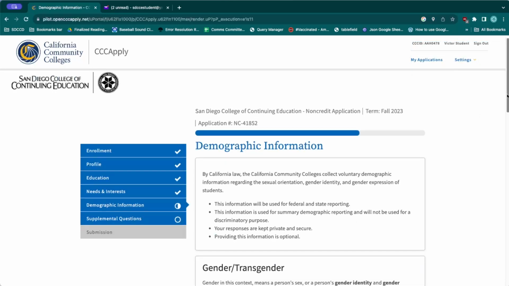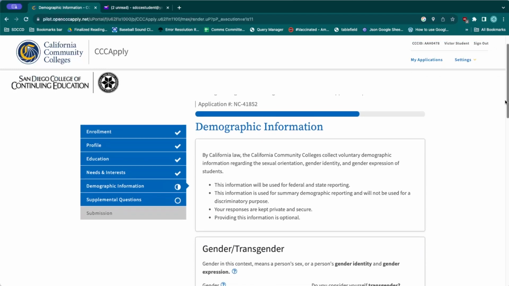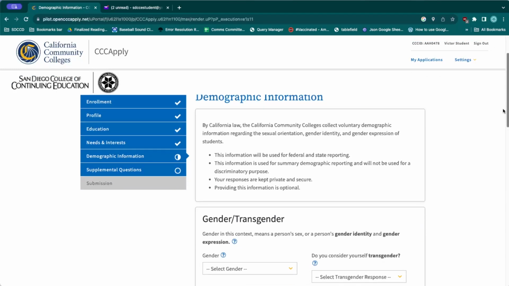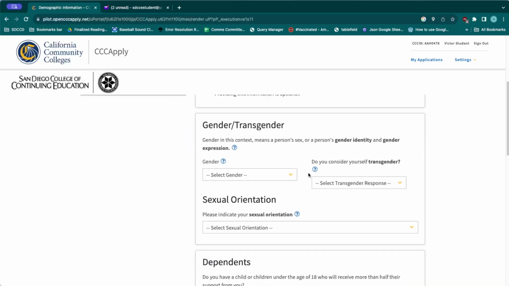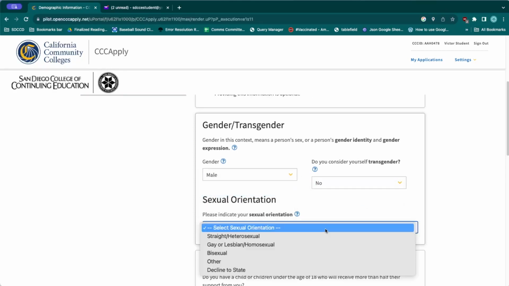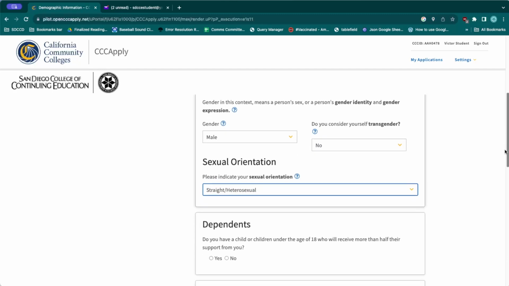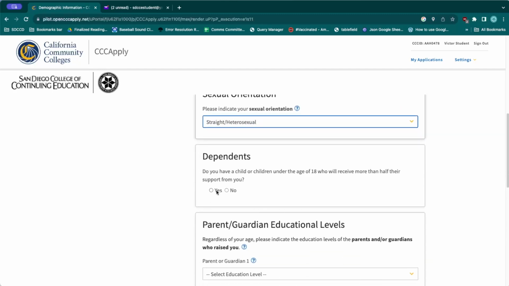The next section is the demographic information, and by California law, we are required to collect this voluntary information, so you are not required to answer these questions, but we are required by state law to ask. We will then ask you if you have any dependents. And again, these are child or children under the age of 18 who will receive more than half their support from you.